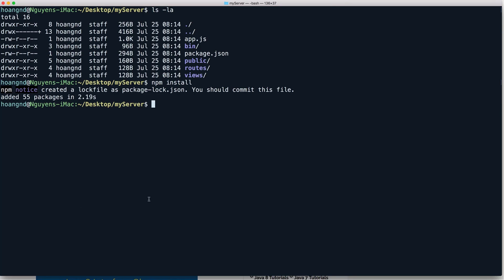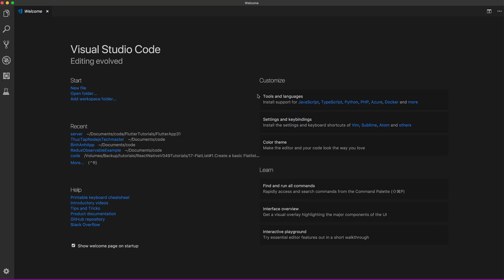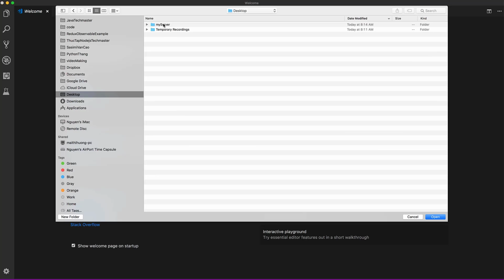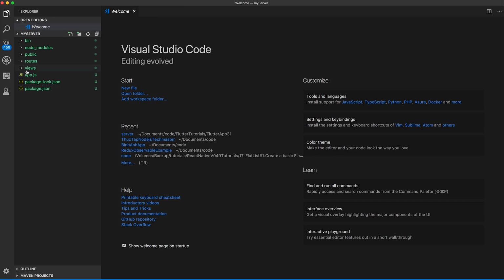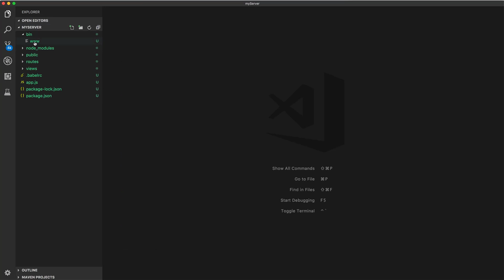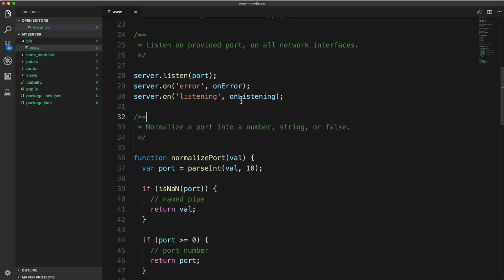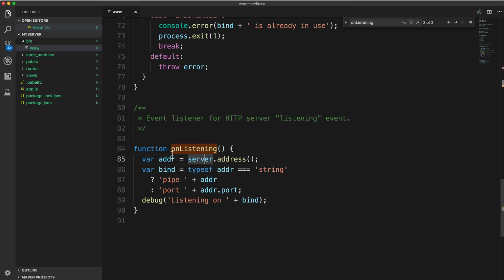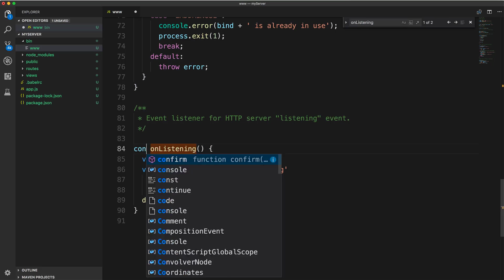And you can also install by npm install and open this with Visual Studio Code. And for simply choose the directory, you can see the folder structure, and this is the main file. This main file contains some of the code for listening to the port, and the port number will be sent